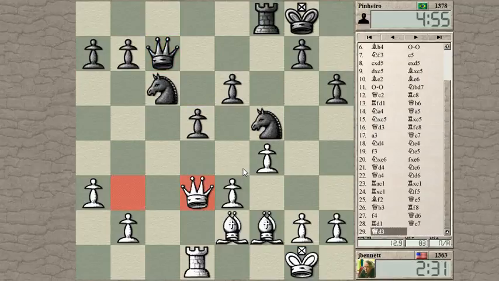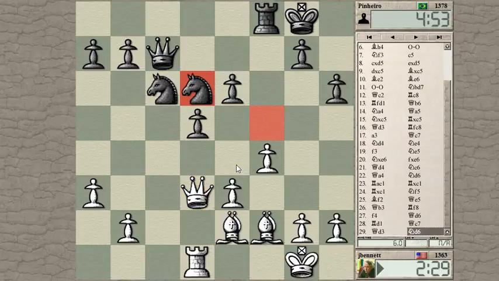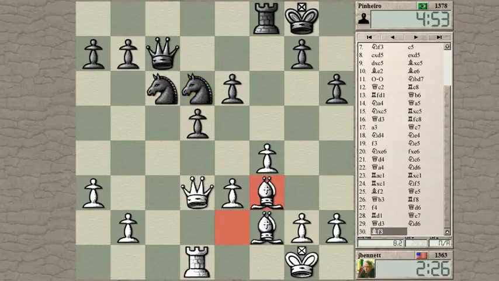be able to push my e-pawn forward. Try and open up some lines towards his weakened king, and he wants to stop me. So more force on the e4 square. The f-pawn is a problem here, I guess. If I play...